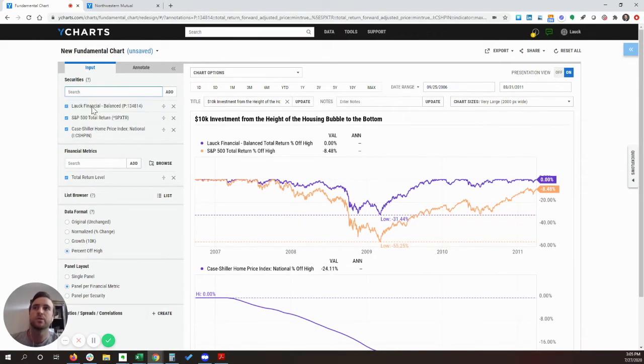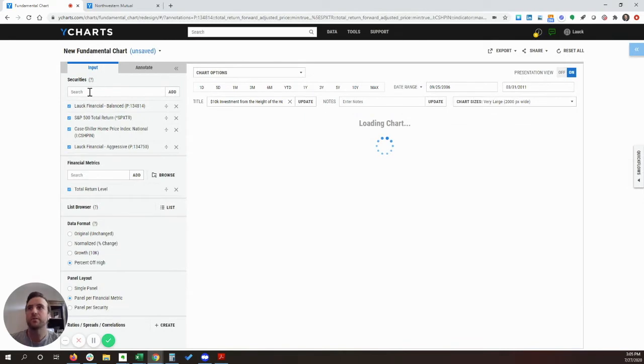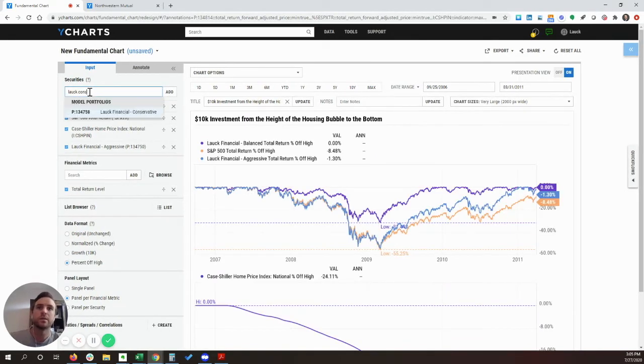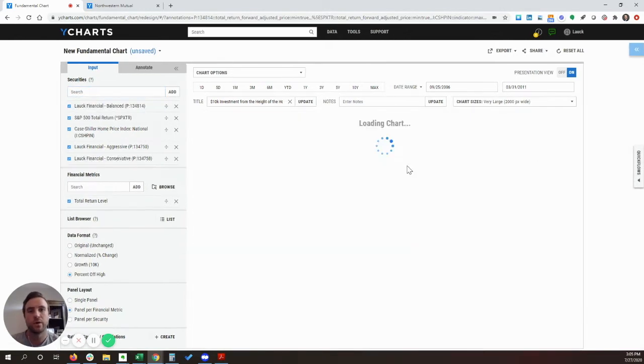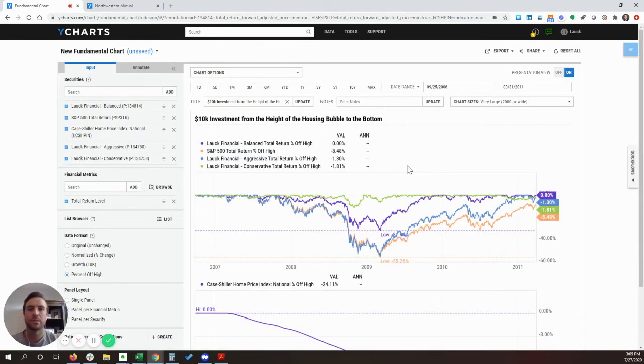So I'm going to add that to the chart, just using the search bar here under securities. Again, all of the search bars have predictive search, and I'm going to add my conservative model as well. And this will give me a good idea of whether or not the model portfolios that I'm creating are kind of checking the boxes, are doing the things that I would expect them to be doing in this type of